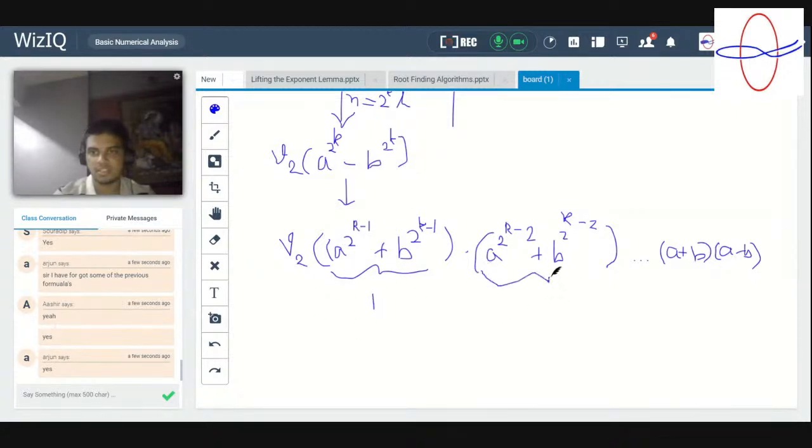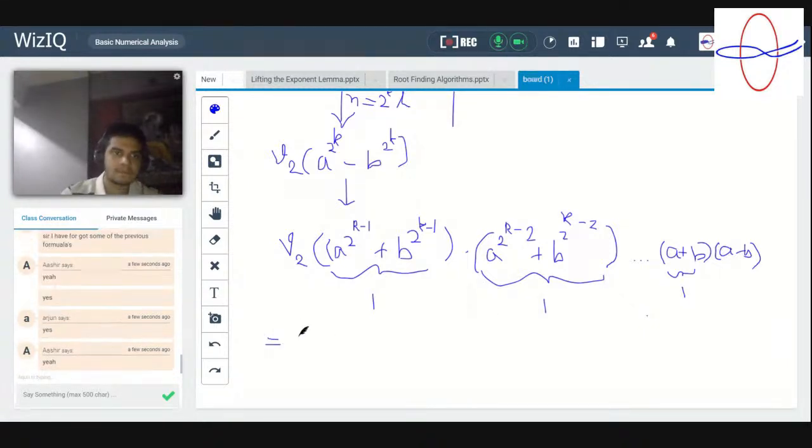Similarly, v2 of this is exactly 1, up to v2 of this is exactly 1. Right? So this will just be equal to k minus 1 plus